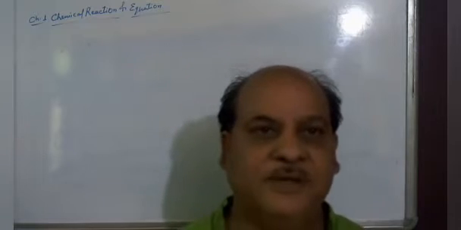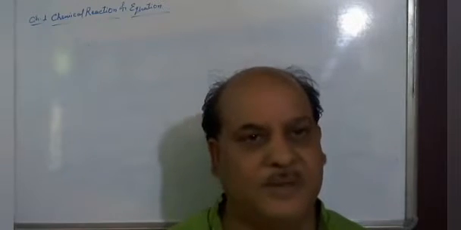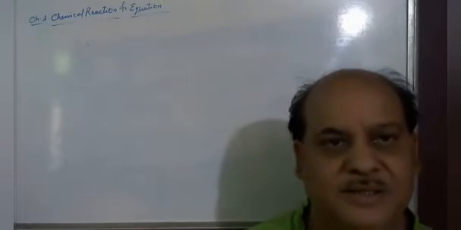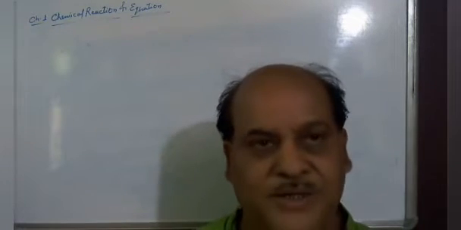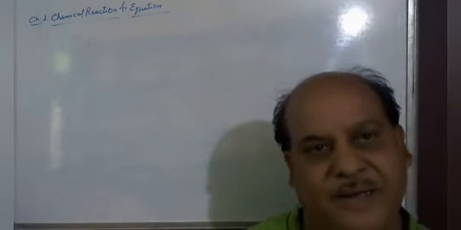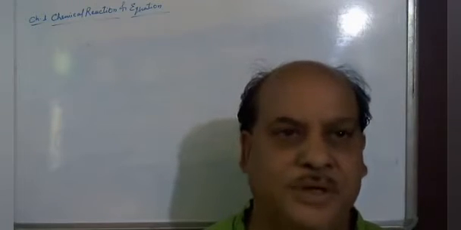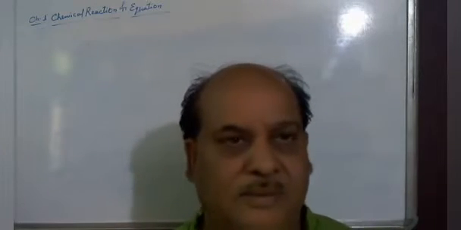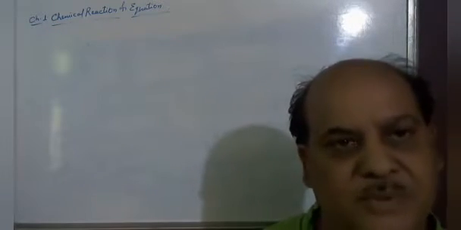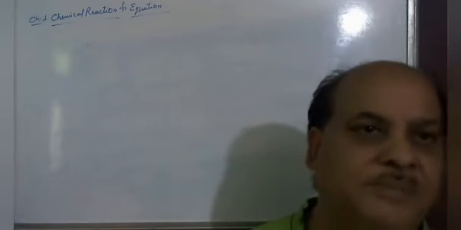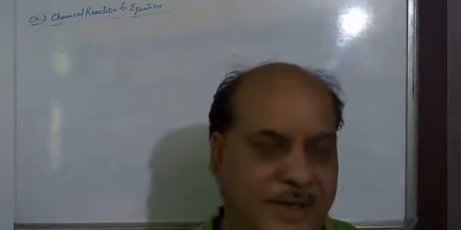Students, in my previous video, I discussed chemical reactions, symptoms of chemical reactions, chemical equations, and kinds of chemical equations. These are word equation, skeletal equation and balanced equation. We have also discussed why a chemical equation must be balanced: to verify the law of conservation of mass. This is, matter can neither be created nor be destroyed during a chemical reaction.